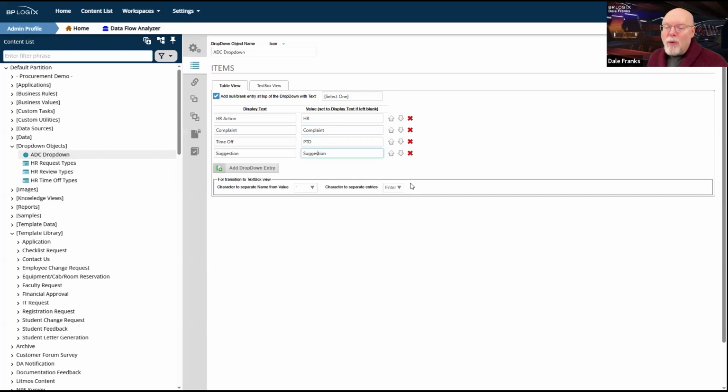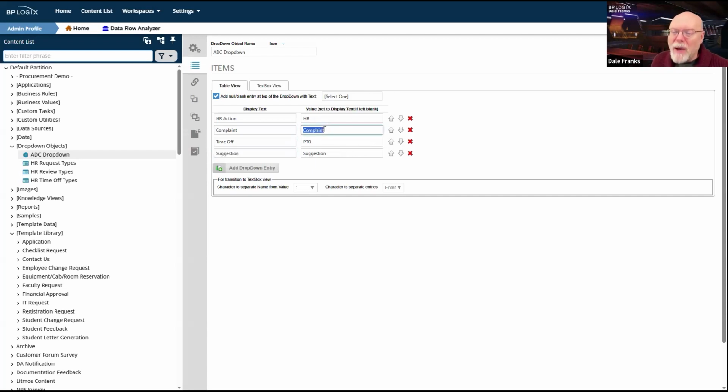Now, the nice thing about drop downs is that if I'm going to look at a drop down control in a knowledge view and it's going to return that value to me, it will by default show me the display text in the knowledge view, not the value. However, I am going to be making conditions that require me to evaluate this request type, and I'm going to have to do it fairly often.